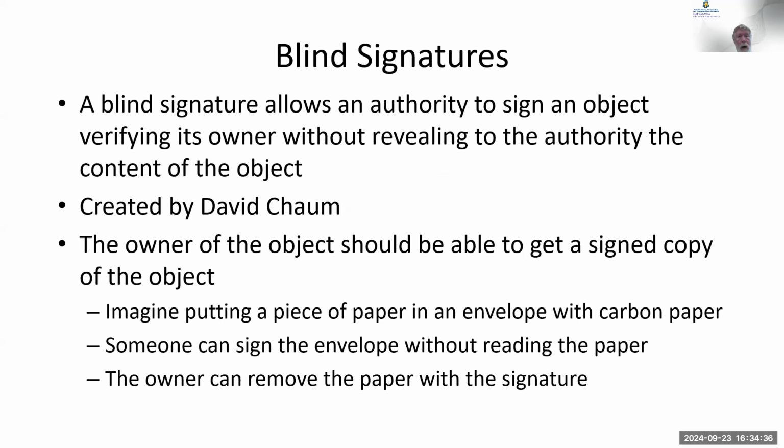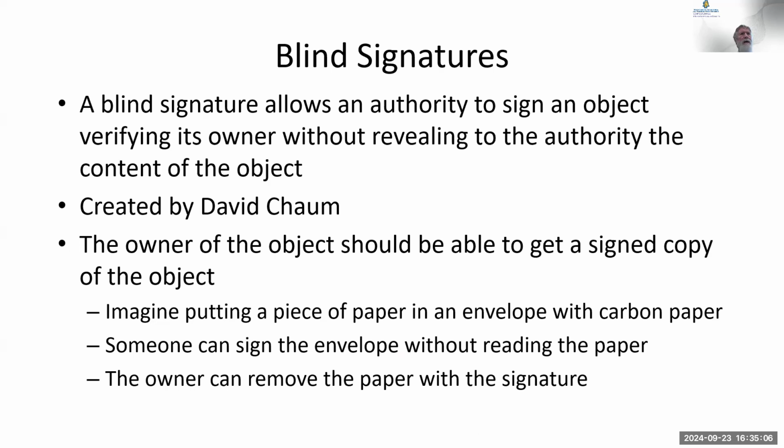Okay. You can sign something with a blind signature. It allows somebody to sign something without seeing what the message is. Typically, you look at the message, and you can sign it, which is what you'd want to do if you were going to send a message or something. But a blind signature allows somebody to sign it without looking at the message. This does have several advantages. It's created by Dave Chaum, whose name we'll see a little later on.